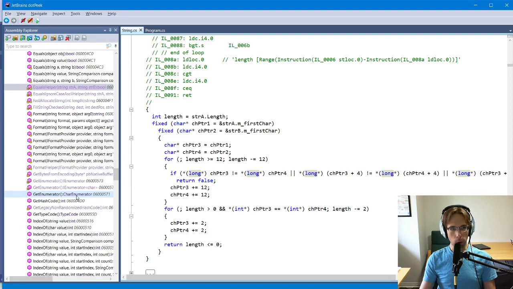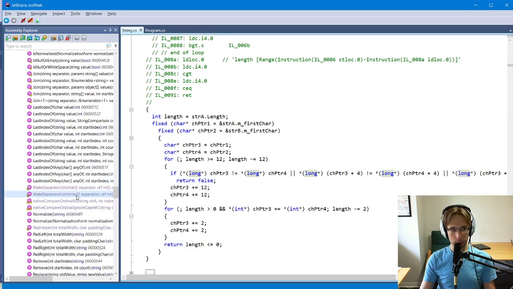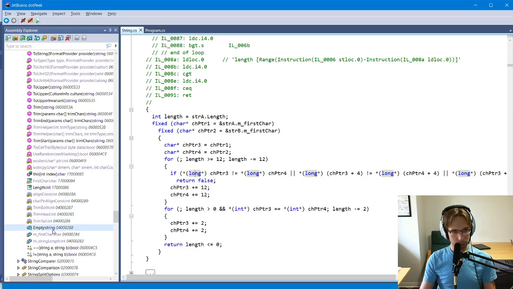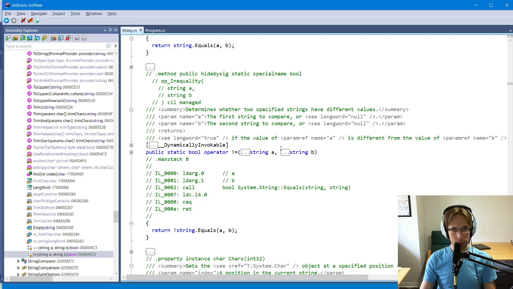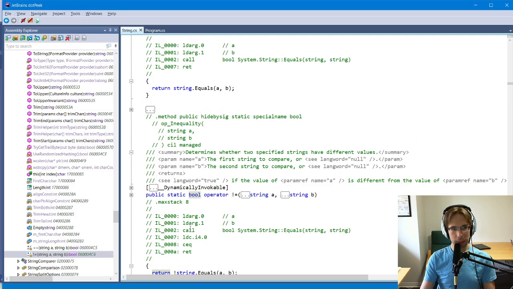function. But what about the not equal to operator? Well, as it turns out, the not equal to operator just calls string.Equals and then negates that result. So we see that the equality operator calls string.Equals and the inequality operator calls string.Equals and negates the result. Which one should you use? Which one is faster? Both pretty much call the same code, so really 6 of one, half a dozen of